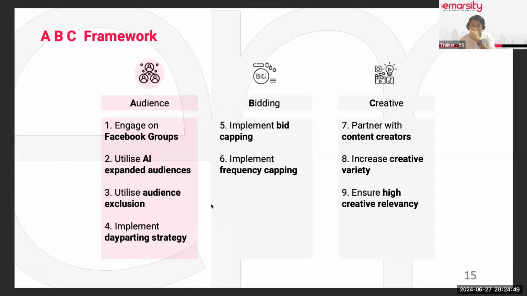One of you asked about Facebook groups, right? How about LinkedIn groups? LinkedIn groups, as you mentioned, I realize are more suitable for B2B audiences, whereas Facebook groups are very suitable for B2C products, FMCG products. However, from my personal observation, LinkedIn groups tend to be less interactive when compared to Facebook groups.